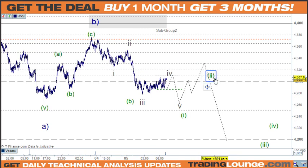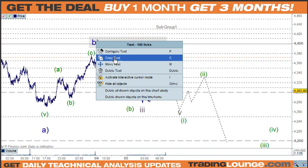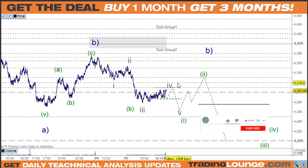So now the other question here is that if this is an A and a B and a C wave for the B wave here, then we're going to have, from the low here, 5 waves up to this old high again over here. So it's possible. I don't think it is the case, but I need to put it there just so you understand. So what we could do in that point, if the 4,320 becomes the support,